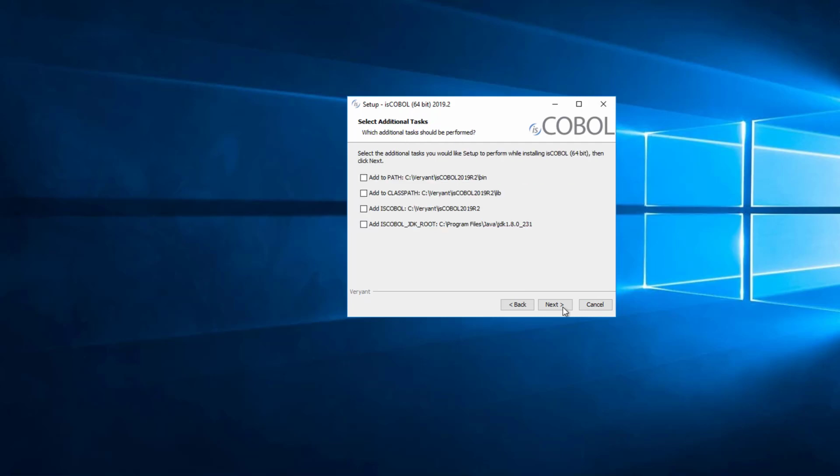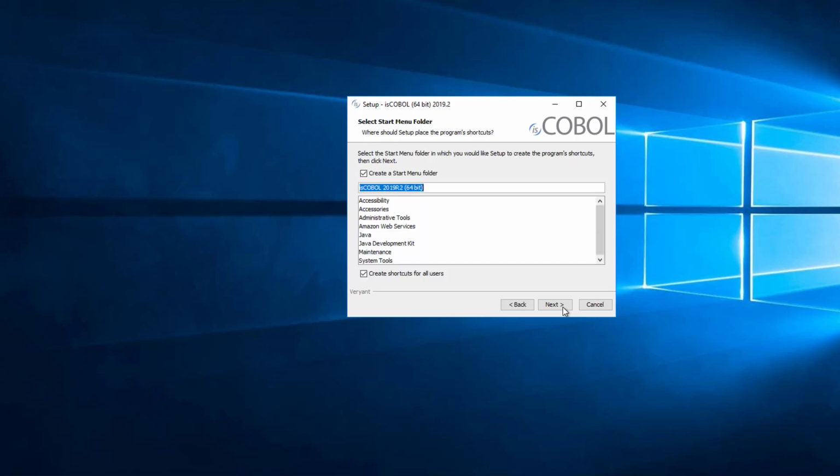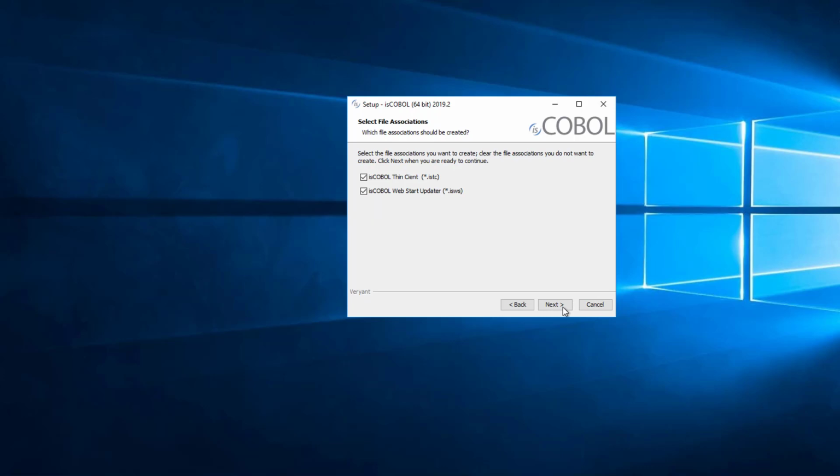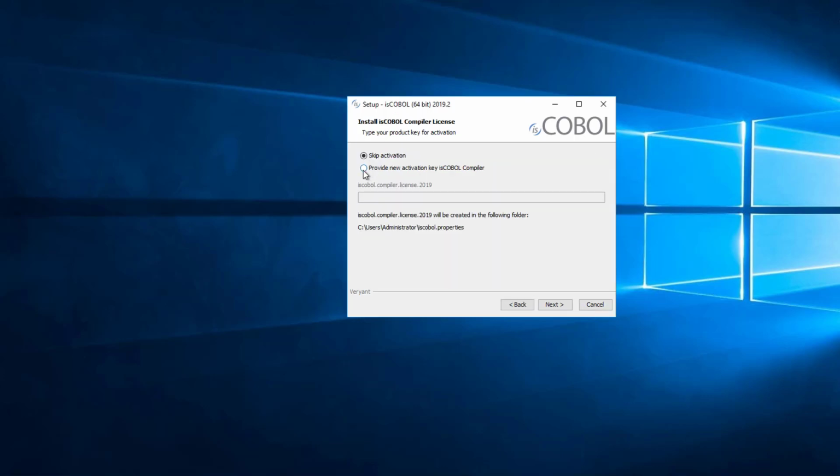I won't add any of this to the path because it's done as necessary in the wrappers that we're going to use to execute the products, and I'll show you that in a little bit. I do want a Start Menu folder, so I'll say Next to that. .istc and .isws are nice file extensions to have if you're going to use the thin client or the updater, so I'm going to leave them checked. I do not want to install the Windows services right now. That would be the application server, because I want to configure it first, and I can install it from the command prompt. I do want to license these products, so I'm going to say Yes here,